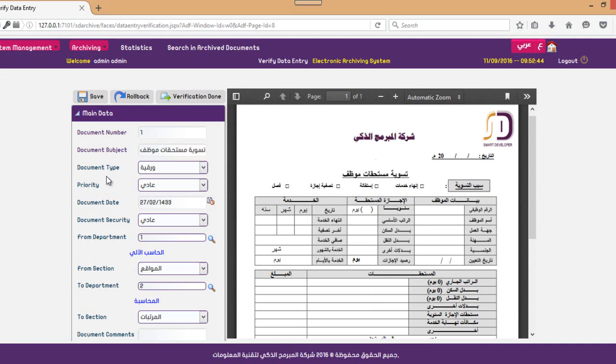So here we display all the saved documents that were indexed before. You have the data here and you have the viewer for your document. So you can easily verify. Once you verify that the data quality and everything is done, you can click on verification done in order to finalize